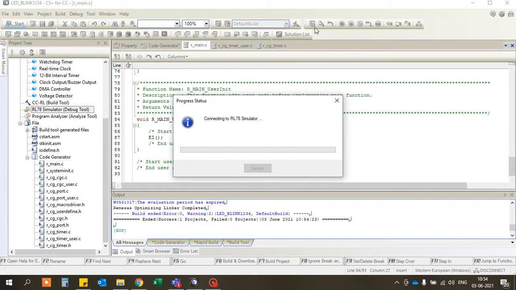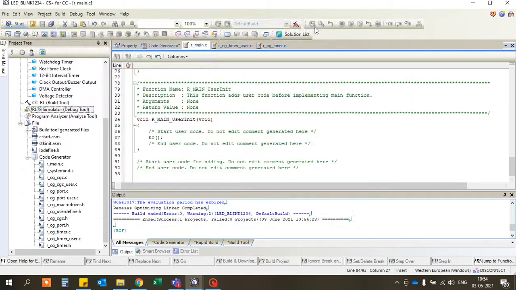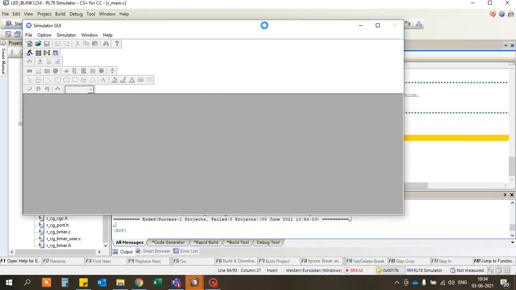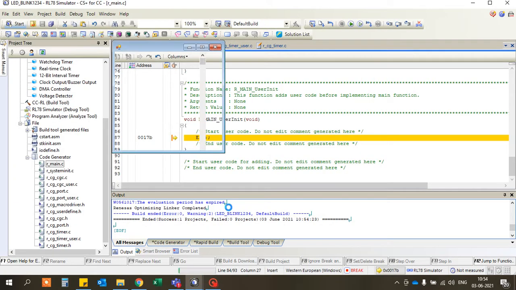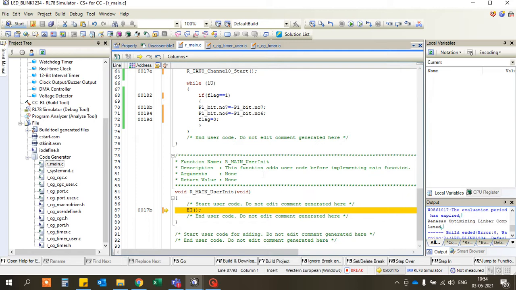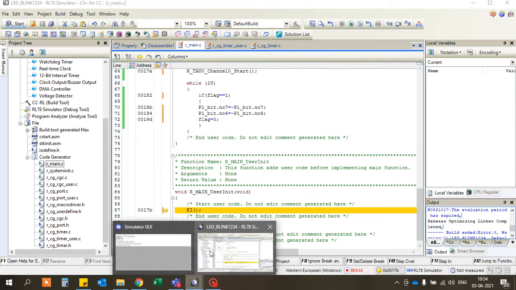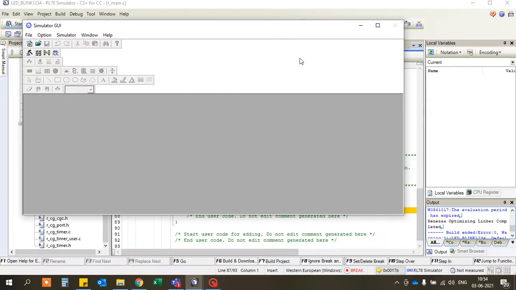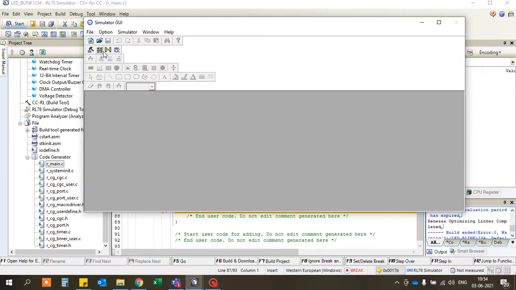Now my project is debugging on hardware or simulator. I have chosen the simulator, so this is in the simulator. Now I need two LEDs.